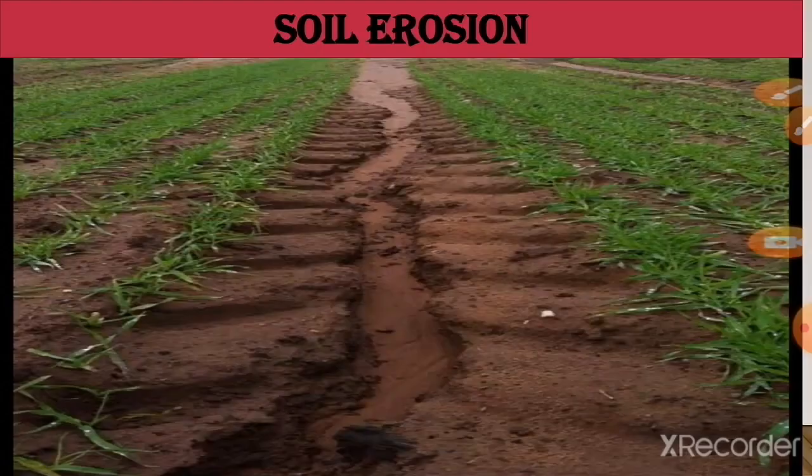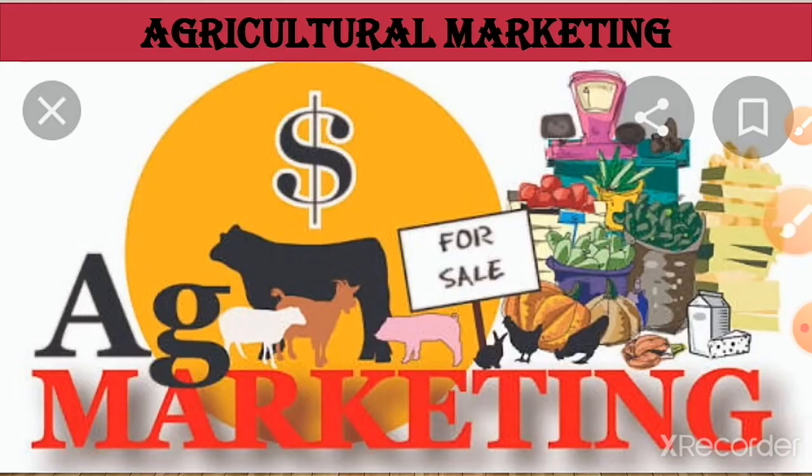Next, soil erosion. Large tracts of fertile land suffer from soil erosion by wind, water, and so on. Such areas must be properly treated and restored to their original fertility. Next, agricultural marketing.